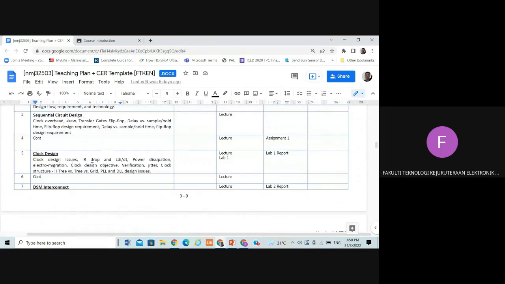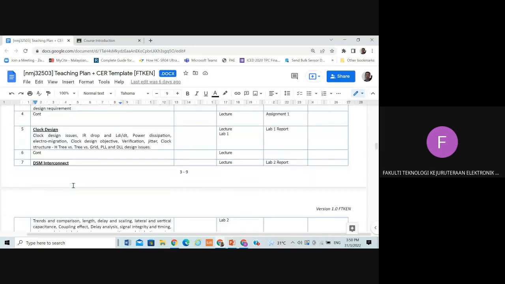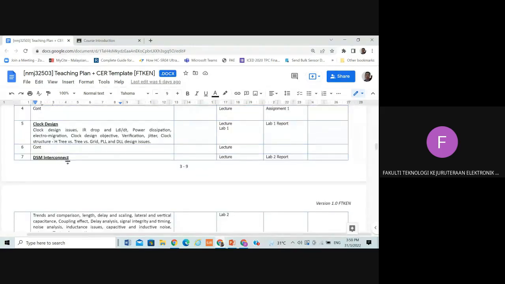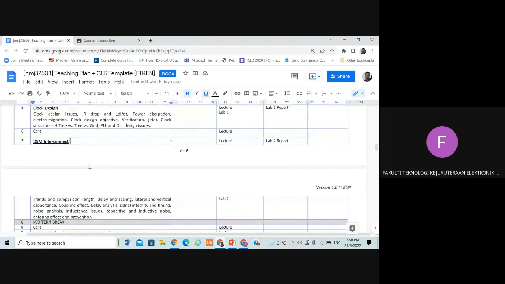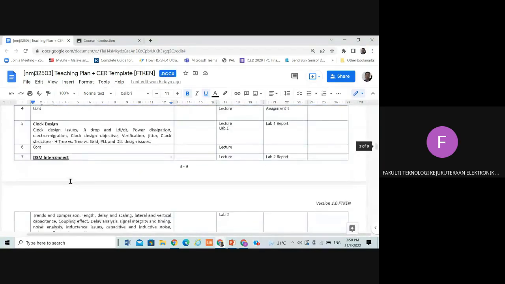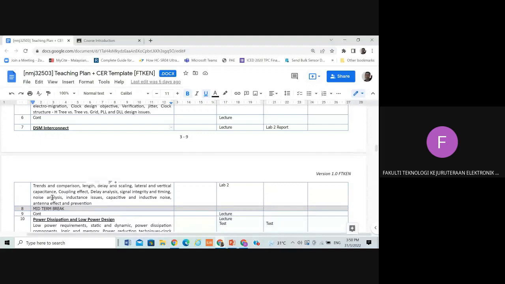How do we design a clock? Okay, how do we design a clock? And then 2 weeks as well. And then week number 7, before you go for mid-semester break, because the semester break is after week 7, you will